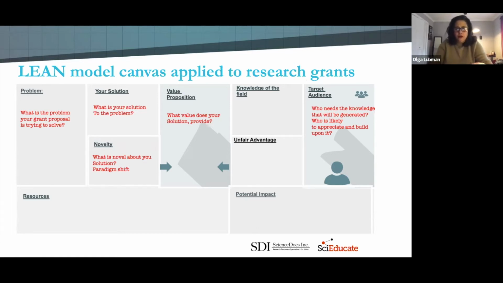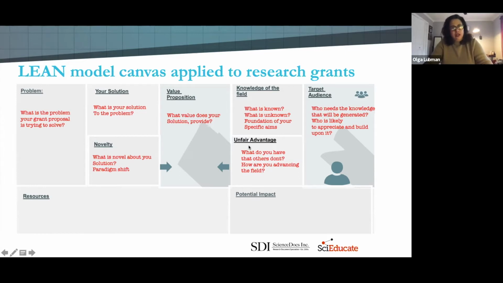You also need to demonstrate that you're an expert in a field, and you do that by writing what's known, what's unknown, and clearly leading the reviewer to a hypothesis that stands at the foundation of your specific aims. What is it that you have that others don't? That's your unfair advantage. And basically, also within this section would be, how is it that you're advancing the field